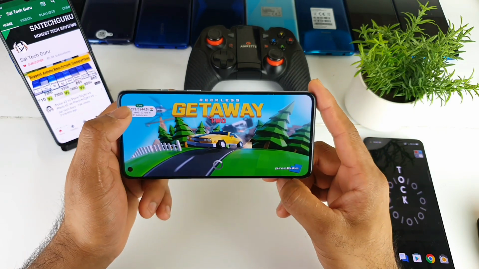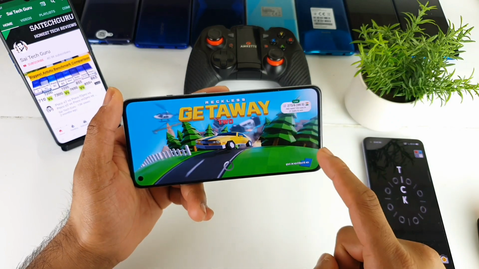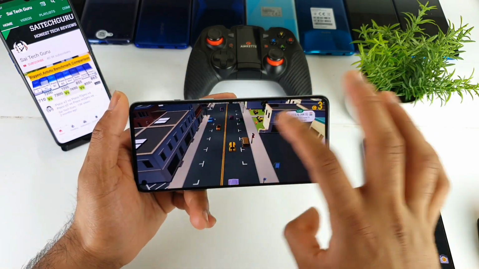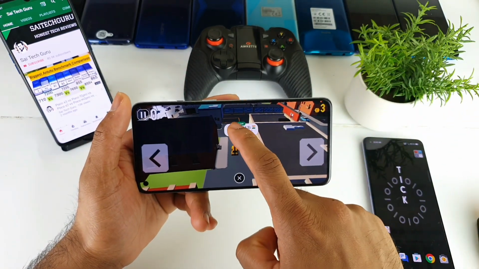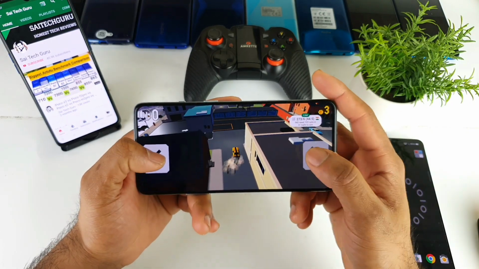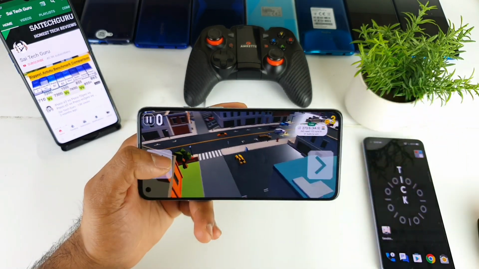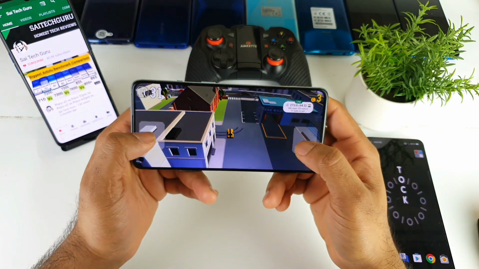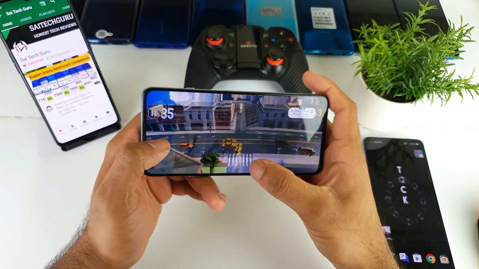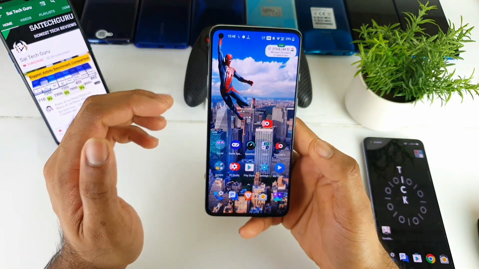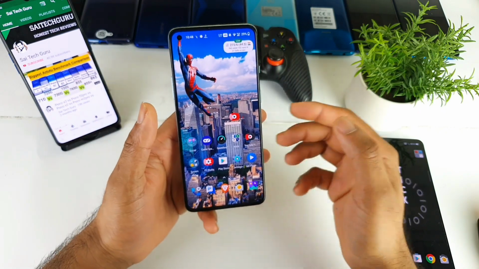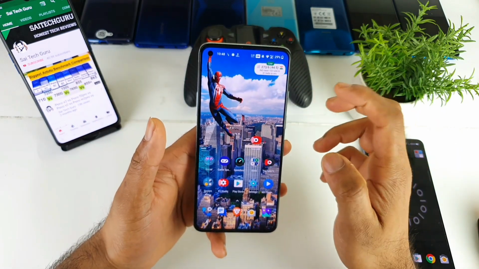But the only drawback is that you can only place the widget at the two corners. You cannot place it wherever you want. I wish you could, but right now you cannot. This is really good even while playing games or watching videos, while watching YouTube or MX Player, doesn't matter, even Netflix, you'll get this small notification.